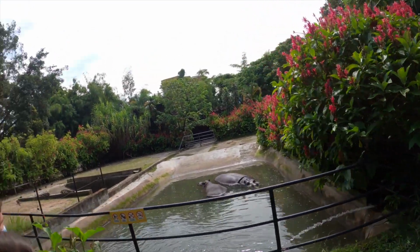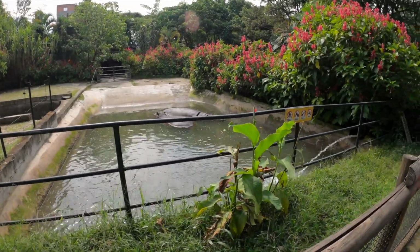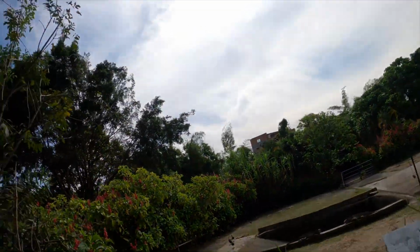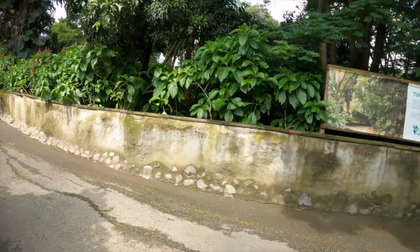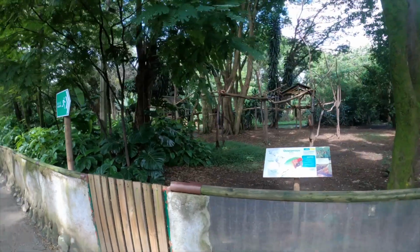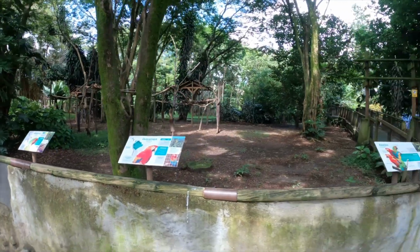I have to admit, when I saw that, I saw an iguana and a bird, and what else did I see? I saw something else, just not in cages. Obviously they're harmless animals, but I was kind of concerned about what else is not in a cage. So I didn't feel totally comfortable. I mean, it obviously was pretty secure, but seeing those things out and about